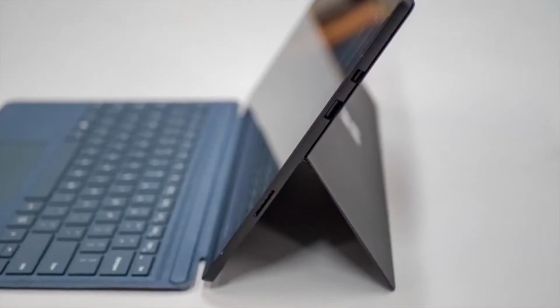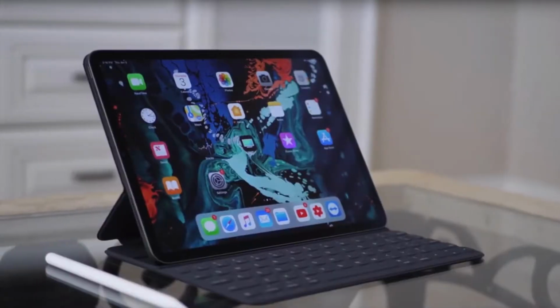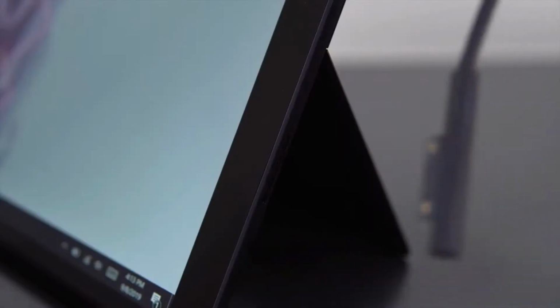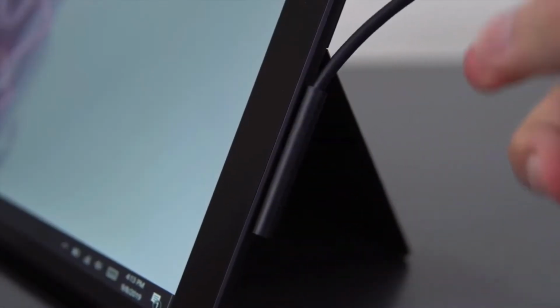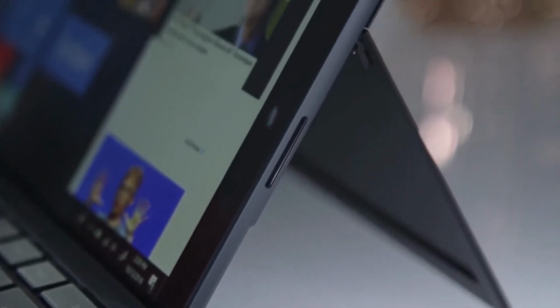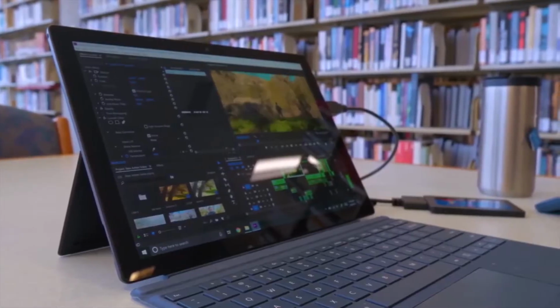keyboard attached. Moreover, there's a single USB-A 3.0 port, a mini DisplayPort, and a micro SD card reader, along with a 3.5mm headphone jack and power supply connection. In addition, as a neat touch, the main adapter you get in the box features a USB-A port that you can use to charge phones or other devices, leaving the USB port of the Surface Pro 6 itself free for